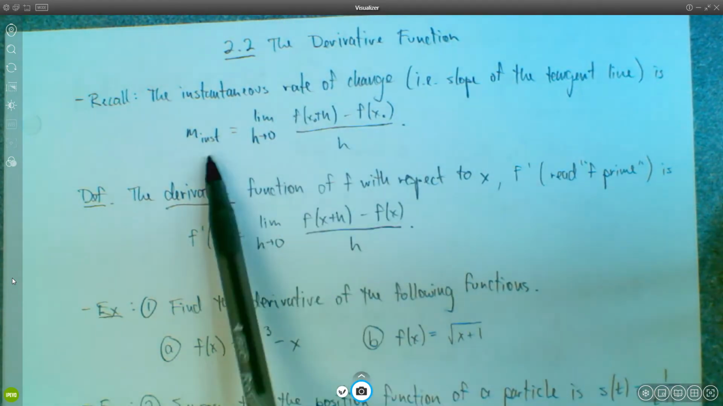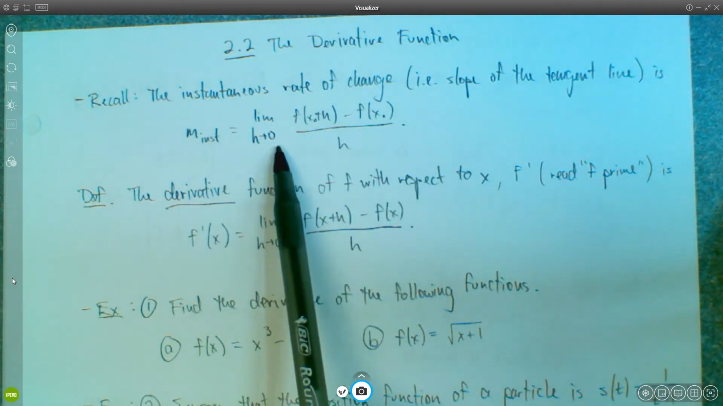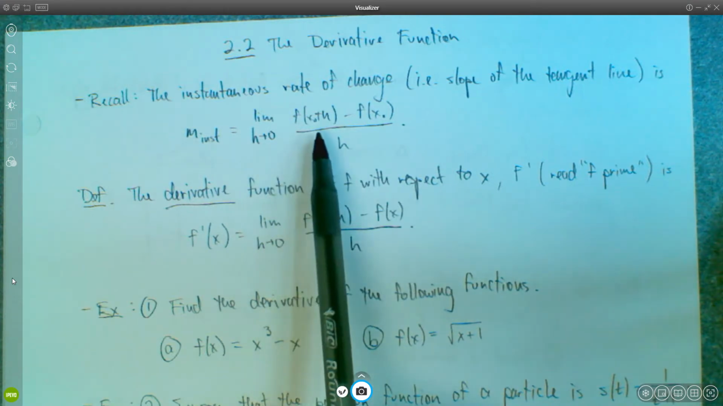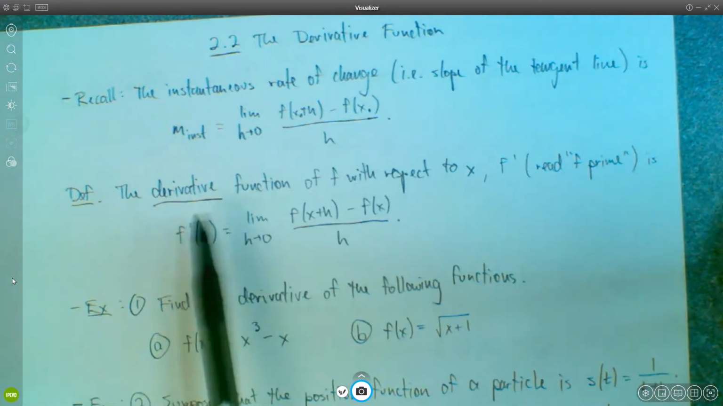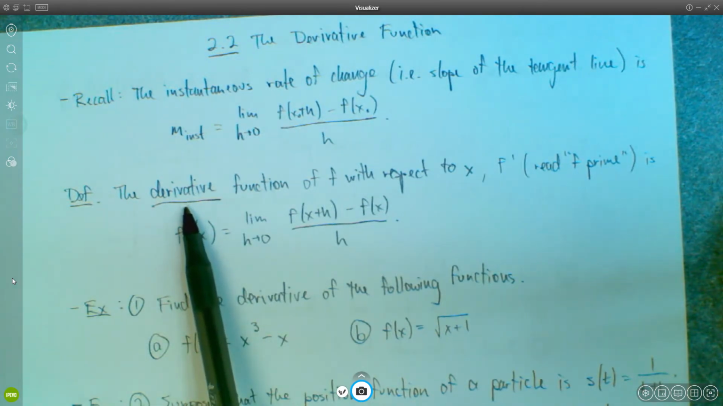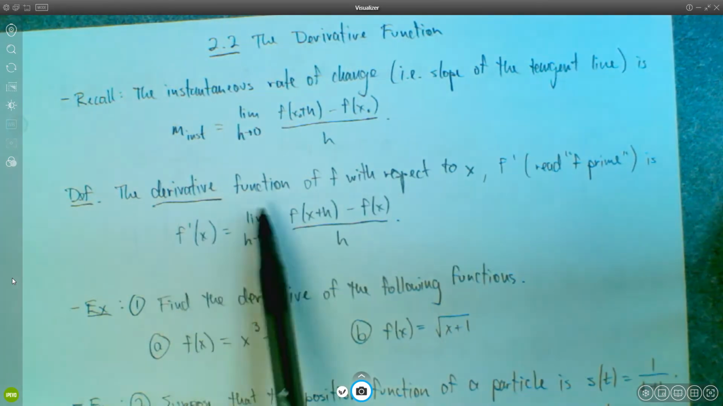And this was the formula for that, right? It was the limit as h approaches 0 of f of x naught plus h minus f of x naught over h. Well, that's just the derivative, and so that's what we're going to call it now. So the derivative function,